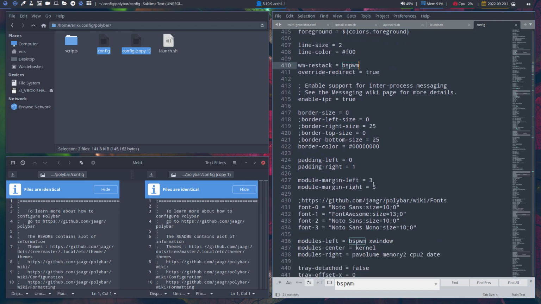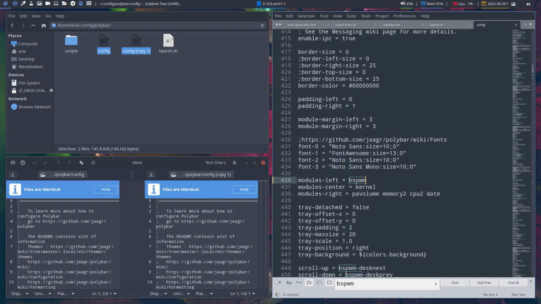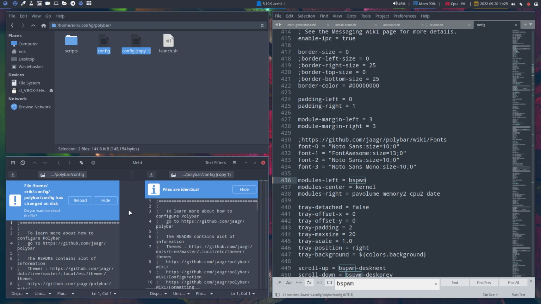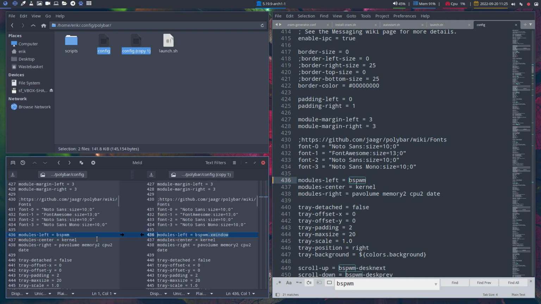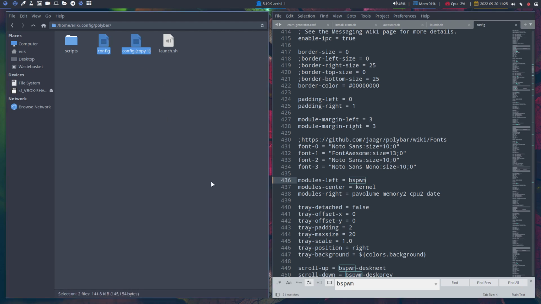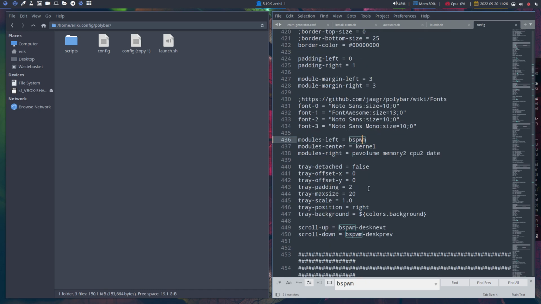When I start messing with the code, like this one, wondering, is this the line? That's the Xmod, right? And now, if you do a reload, you see that I've removed the X window, but the backup is there, so I can always go back to the backup. So Super Shift R is a reload, and it's still there, right? So I wonder, maybe that's not the sign that I want, and X window is just the text that's here. So there is something in here that we need to figure out, and that it is indeed difficult. I have to think very hard what it could be, because Bspwm kernel, yeah, it's none of these guys, but